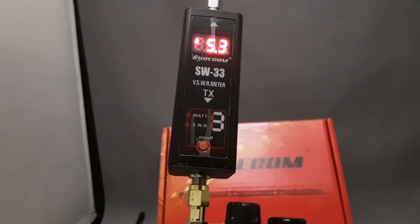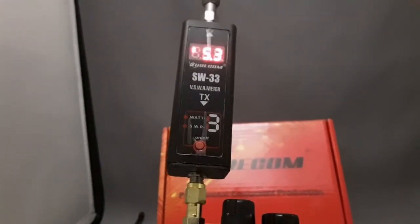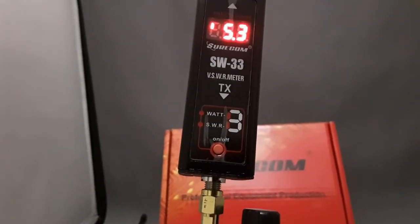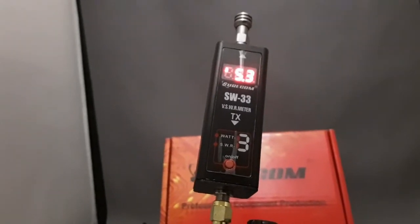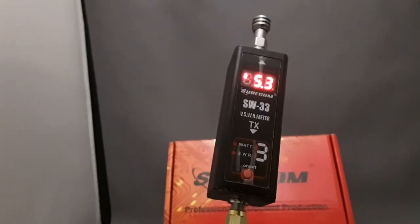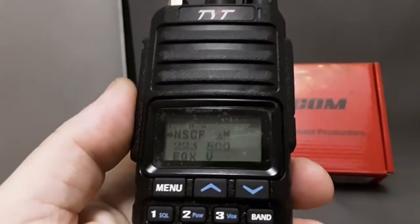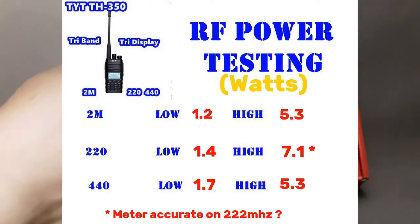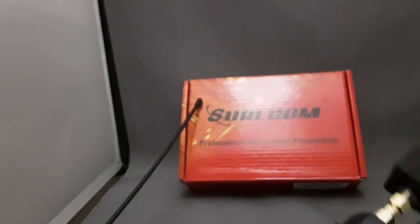But I am really amazed that on 220 it was 7.1. So this meter isn't really made for 220. What are the band limits? I think 125 to 4 something, 500 something, 525. So it should cover 220. So if this radio produces more on 220 than it does on 2 meters or 440, that's probably why I was able to make the 220 repeaters off this HT with this high gain antenna, or couldn't do it with the Baofeng